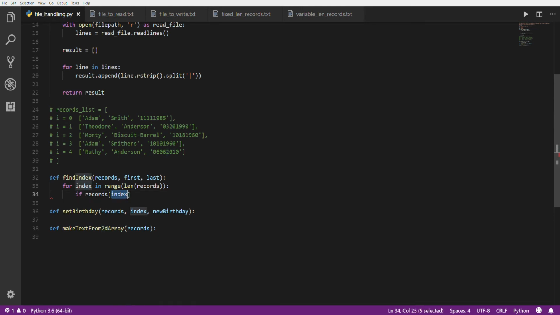So if the record's at index, right, that's going to pull now this whole thing, right? So you could imagine that this is actually this. Right? I'm not going to leave that there because that won't work in the code, but that's kind of what's happening in Python. Python is going into the records item list here, pulling the list element at index 0, which could be something like this. Now what I need to do is I need to check the first name of that record,